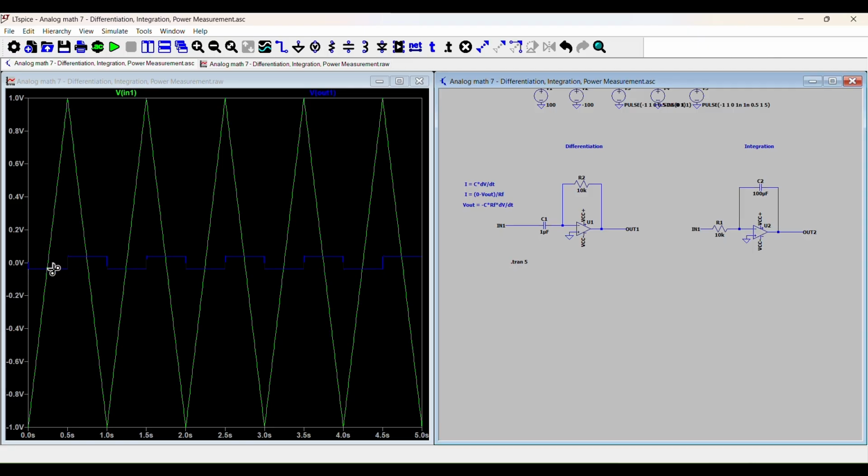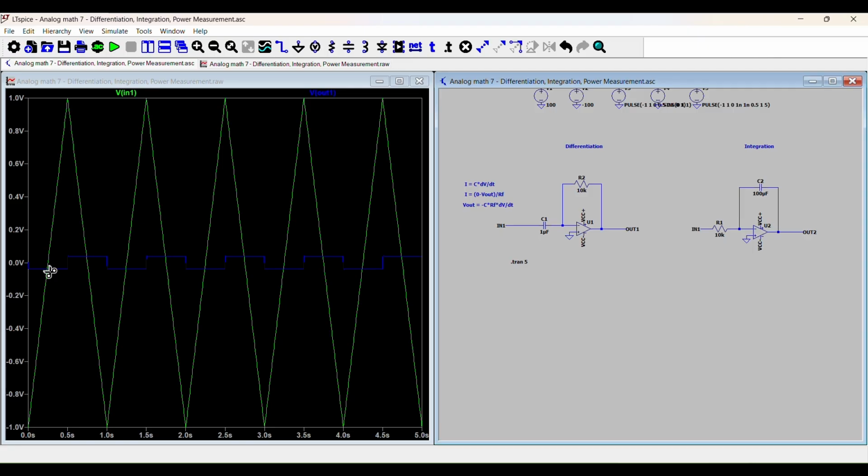And this square wave, the value is proportional to the slope, to the negative of the slope of the input. So for example, here, you can see that I have a positive slope,